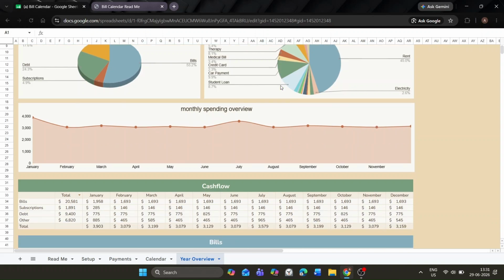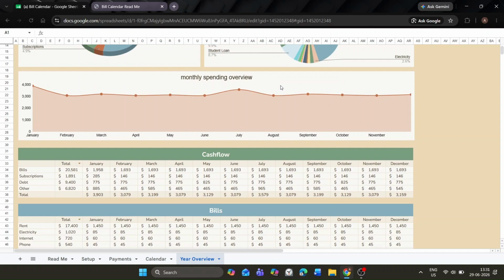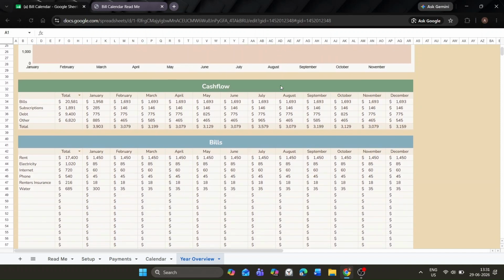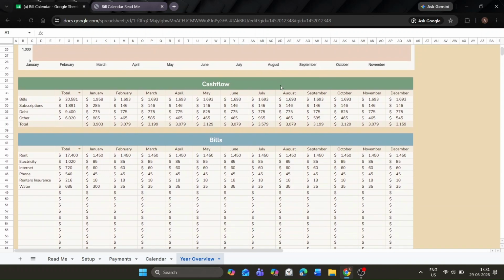Below that, you'll get a monthly spending overview, which shows you how your total spending changes from month to month, helping you spot your highest expense month as well as your lowest expense month. Below that, you will see a cash flow table, which shows you your monthly spending by categories. You can also use the drop down here to see the total across each category throughout the year,